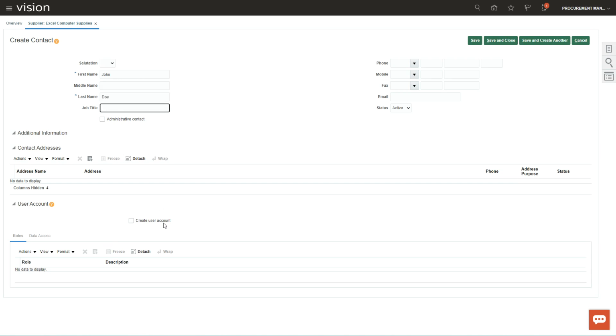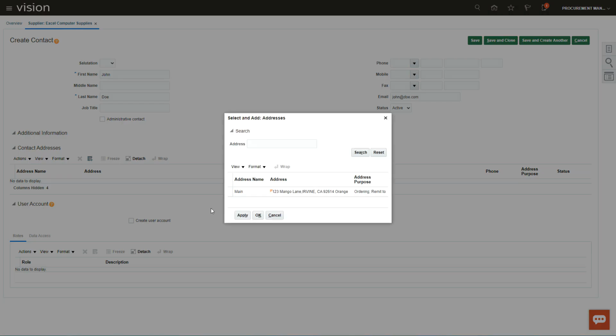And then you can create an email. Let's just give an email, john@doe.com. Okay. And set as active. You can create contact address. A contact needs to have one of the addresses. So we will pick the address called main and assign it to that contact.